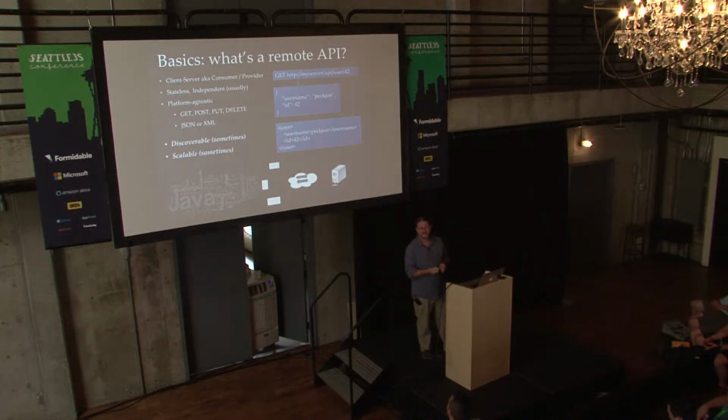They are sometimes discoverable. So the pain and suffering that we've all had at some point of either having to dig through web pages or even worse, go to the library and find that book that actually has the API listed somewhere for some library we're using, right? Nowadays, there's things like Swagger, which will allow us to programmatically discover and understand how an API is structured. That's great when you find it. In reality, it's still usually finding some web page somewhere that's going to describe this API that you're going to be using. And if we're lucky, also scalable.